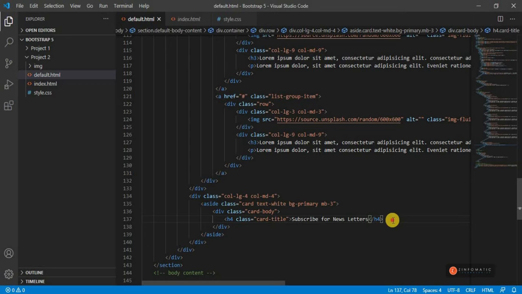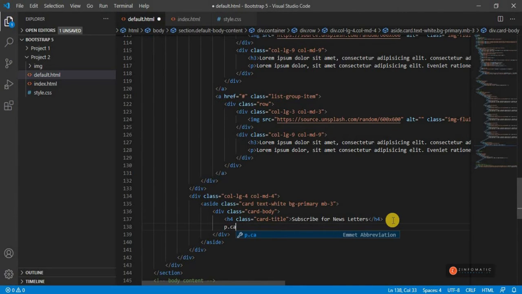Okay, save that, and in the paragraph I'm going to add card text. Let's call this Get latest updates and freebies. Okay, let's save this one, and what we're going to do now is